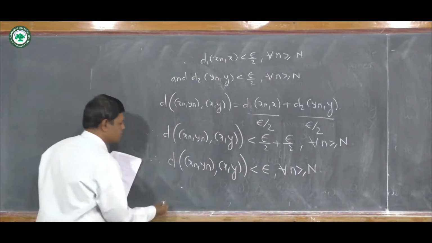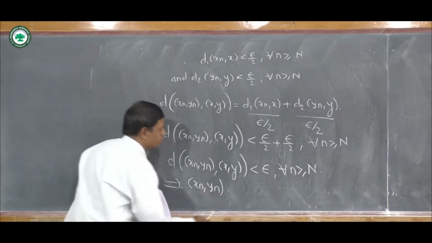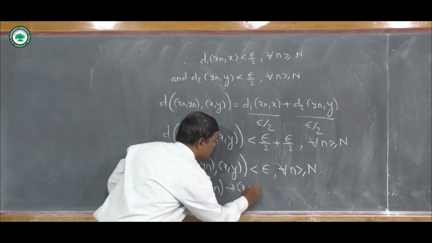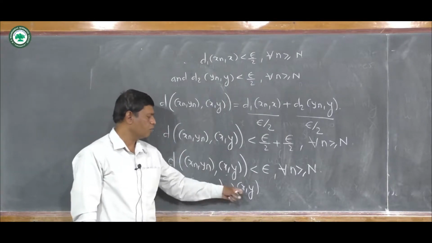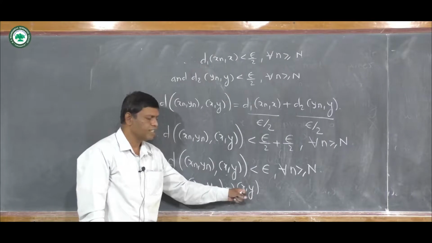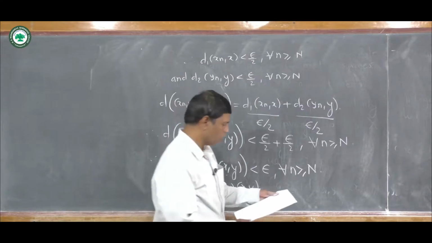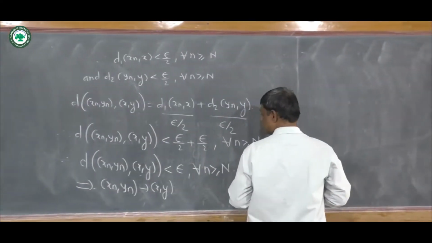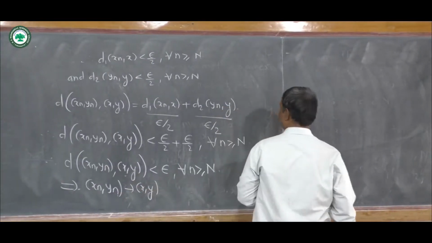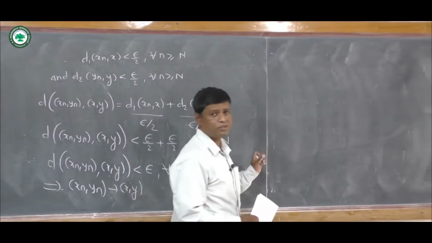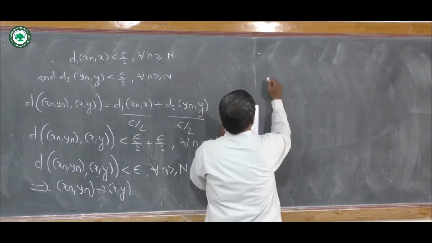So this tells us that this sequence xn comma yn has limit x comma y, or this sequence xn comma yn converges to the point x comma y here. Now for the converse part, we are going to consider a convergent sequence, that is, xn comma yn converges to x comma y. Then we are going to show that xn converges to x in X and yn converges to y in Y. Okay, so conversely